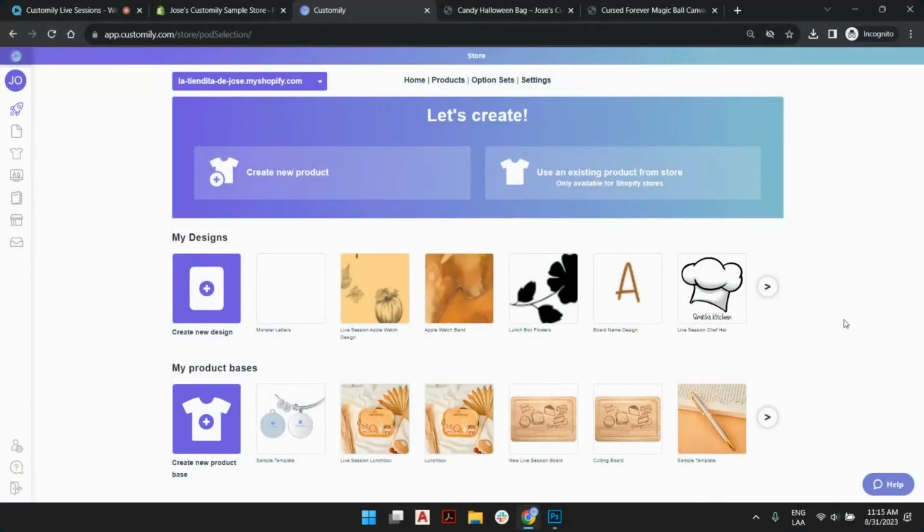I want to start selling personalized products, and I just installed Customily to try it out. You should know Customily works and integrates with pretty much all e-commerce platforms. That's Shopify, WooCommerce, BigCommerce, Magento, Etsy, and Walmart. On each case, the behavior and available features are different, and you should explore our website to see what's included